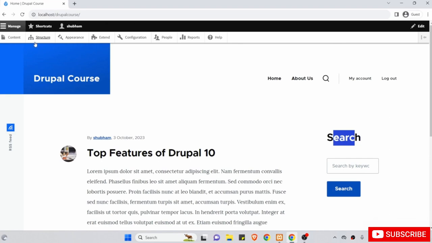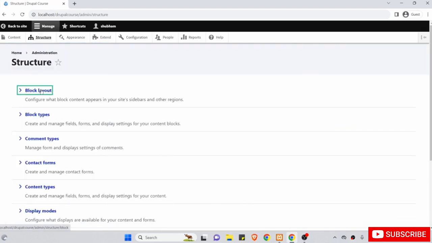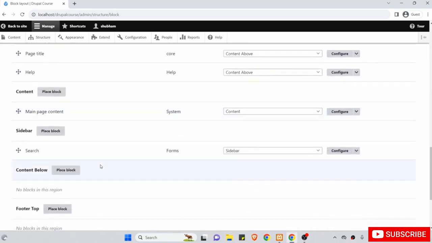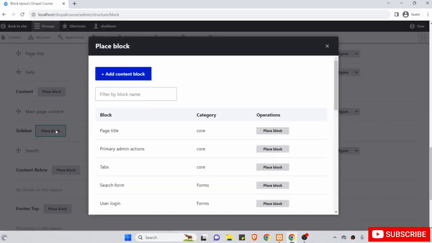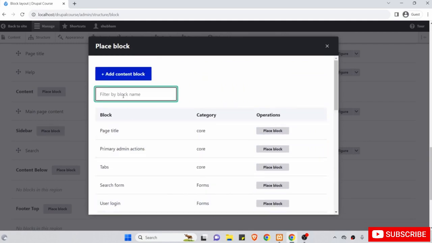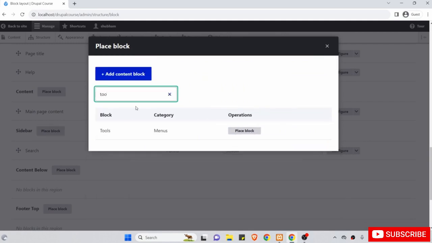Now I want to add one more. So let me go back to structure, then block layout, and then I will scroll down to my sidebar area. So there is the sidebar, and then I will click on place block once again. Now here I want to add the tools block. So let me scroll down, or you can also use this search. So let me use the search, and I will add this tools bar,